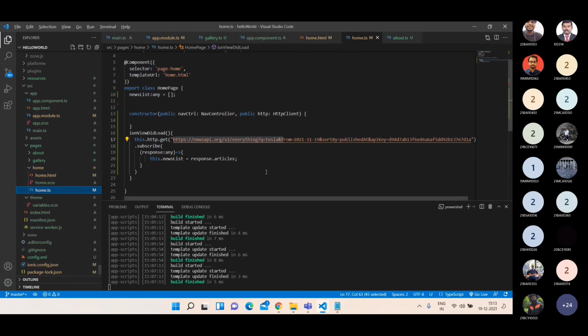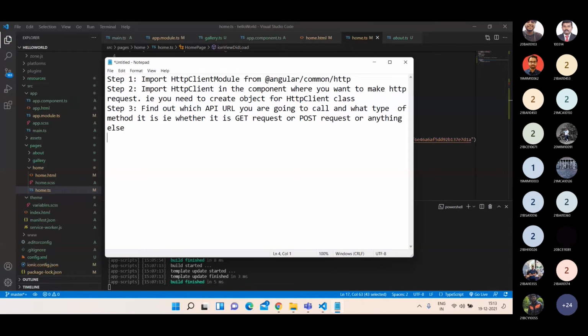And step 4, call the API from where you want to get a response. Step 5, store the response in a variable.